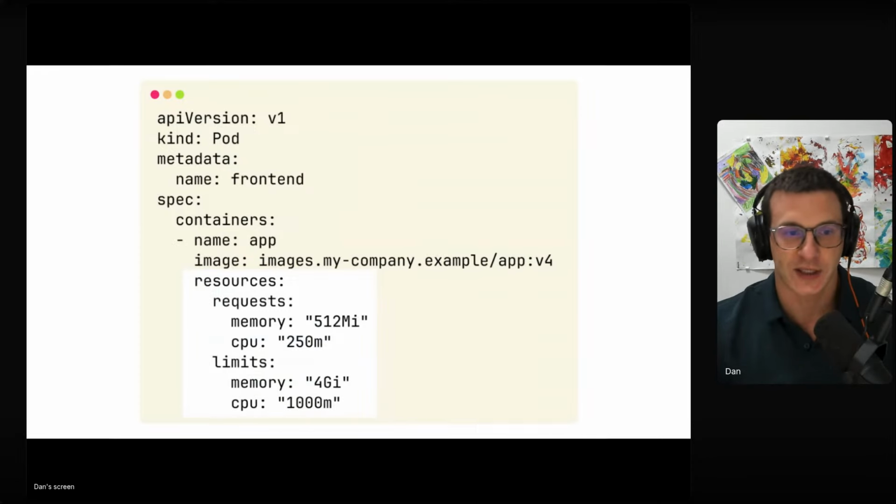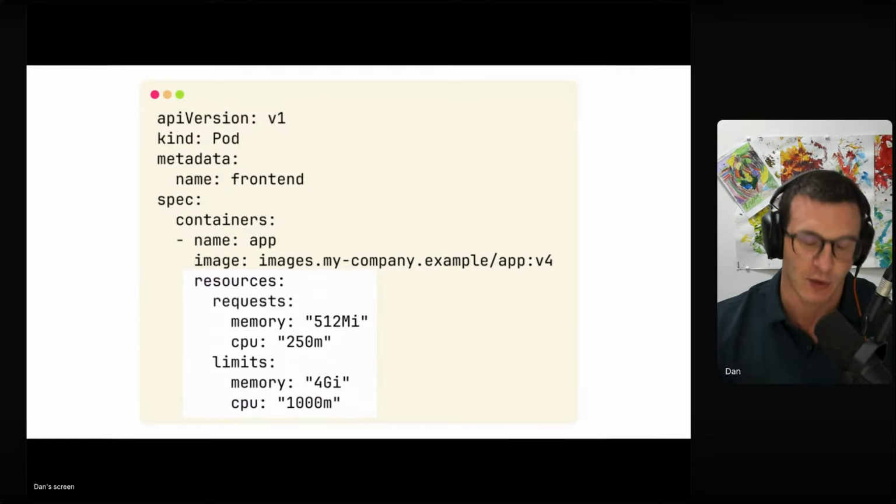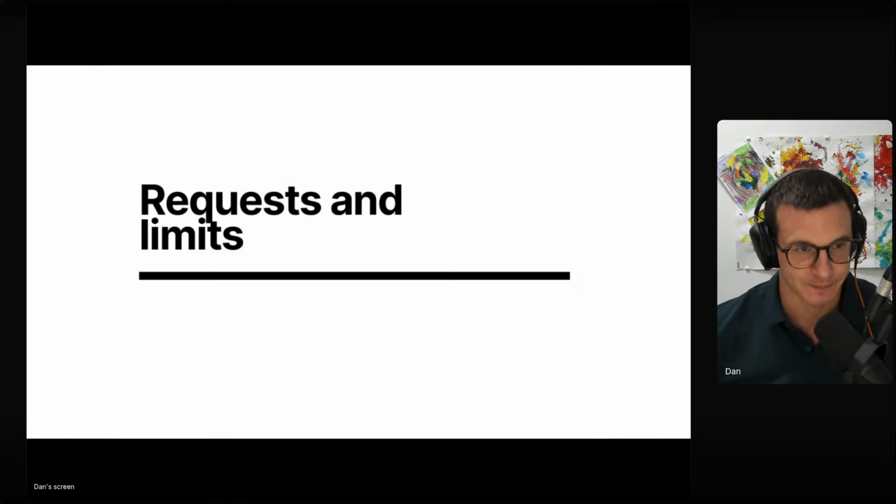And if you were to look inside a YAML, that's generally what we do when we define resources. We have a small section where we say, okay, this is how much CPU I want, or this is how much memory I want. On top of that, of course, we've got something else called limits, which is basically the maximum amounts. But all of the time, the scheduler will just look at requests when it comes to placing these pods inside the infrastructure.